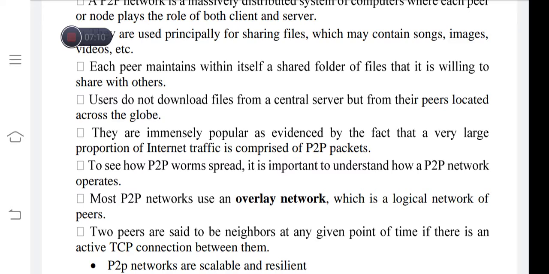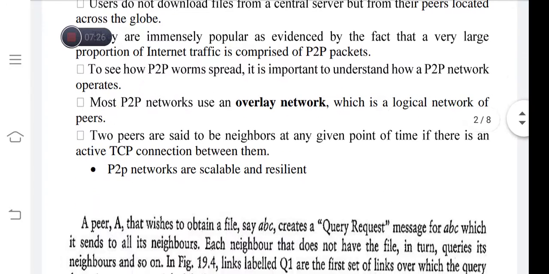Most peer-to-peer networks use an overlay network, which is a logical network of the peers. Two peers are said to be neighbors at any given point of time if there is an active TCP connection between them. The characteristics of a peer-to-peer network are that it is scalable and resilient.